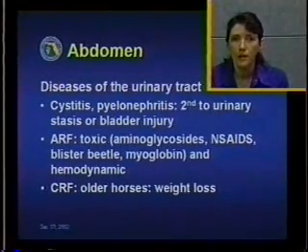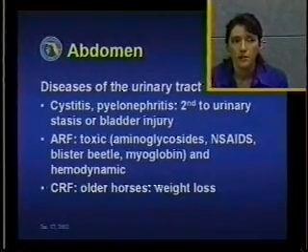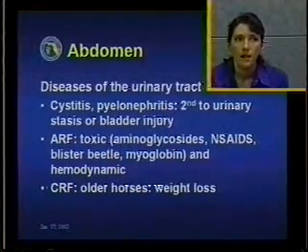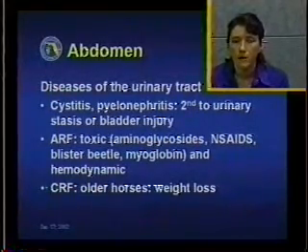Acute renal failure will occur consecutively to the ingestion of a toxin or the accumulation of drugs within the system, such as aminoglycoside antibiotics such as gentamicin. Non-steroidal anti-inflammatory drugs can long-term cause pyelonephritis. Blister beetle, which secretes a toxin called cantharidin, is found in alfalfa hay and